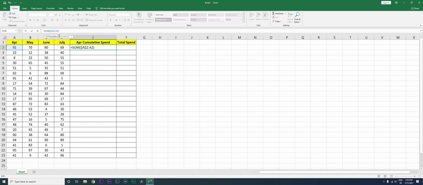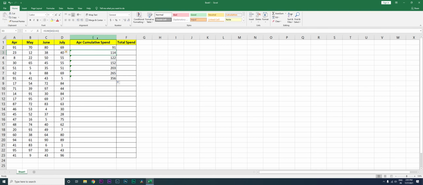Now let me just press enter and drag this formula and show you what happens. Notice the formula over here. The first cell says A2 with a dollar sign and then A2. When I go to the next cell, it still remains at A2, but the next section of the formula has now moved to A3 automatically.